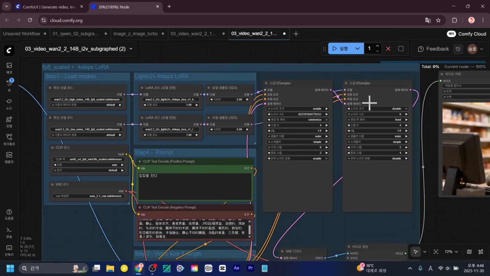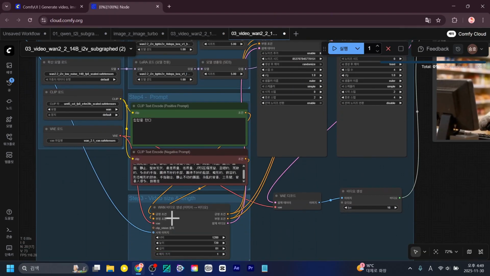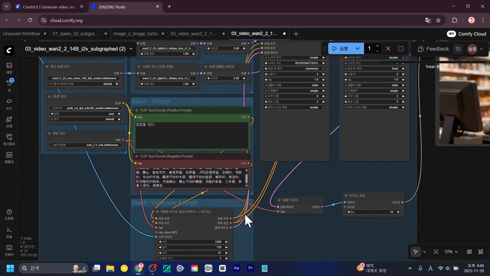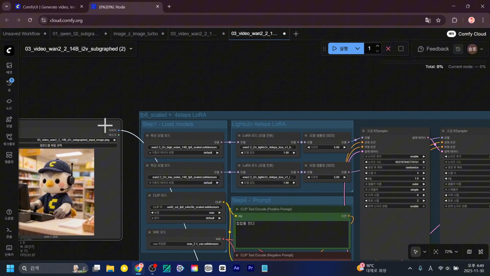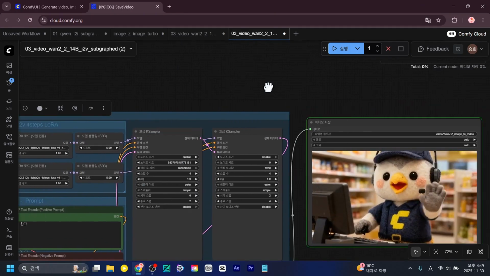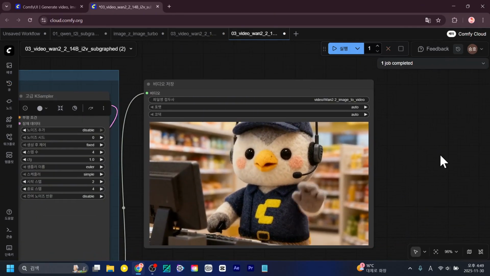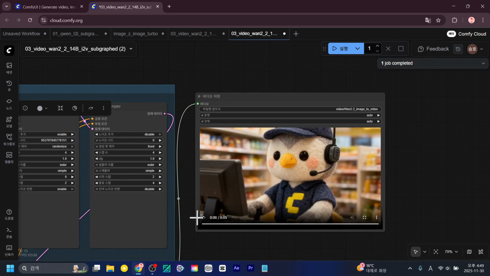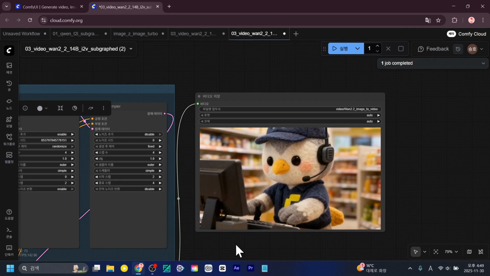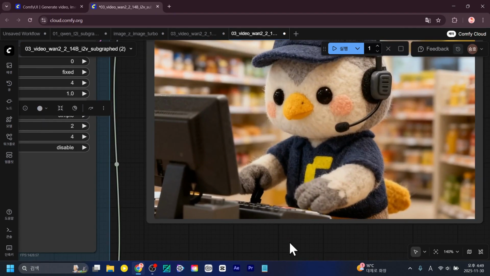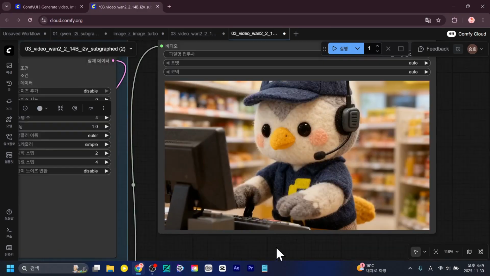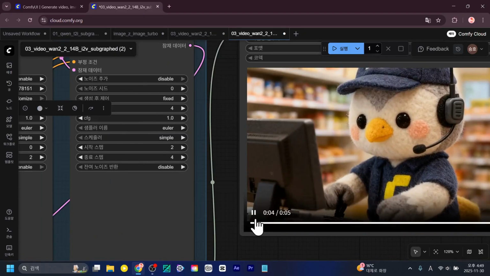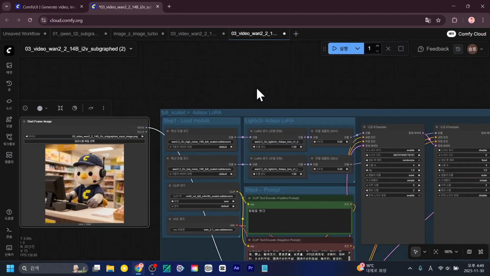Normally, if you expand the nodes, it shows where each task is being performed. It usually shows up as a green border like this, but since it's not showing now, I guess sometimes it works in the cloud and sometimes it doesn't. It looks like it's about to come out now. It says complete, right? Is this hip-hop? Anyway, right? Isn't it cute? I'm not sure what's going on, but it seems like the Korean prompt isn't being recognized properly.